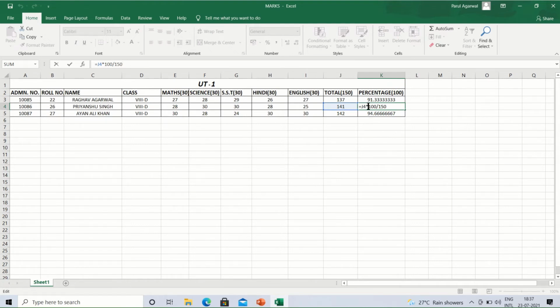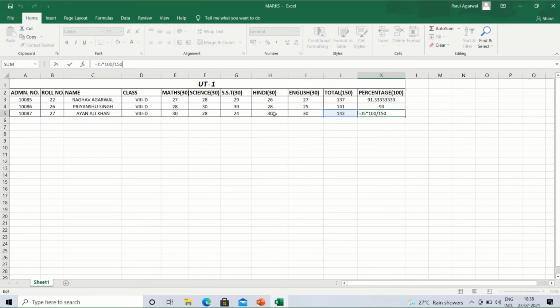J4 contains the total of Priyanshu, the second student, and the third is the total of the third student, Ayan, that is J5 into 100 upon 150. That is the formula given for calculating the percentage. So this way we can calculate the percentage of all the students.